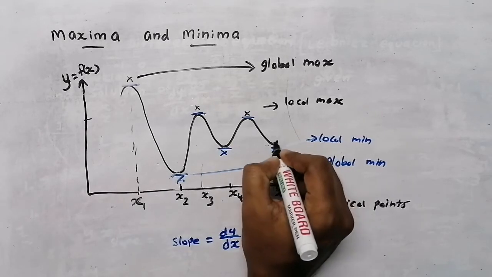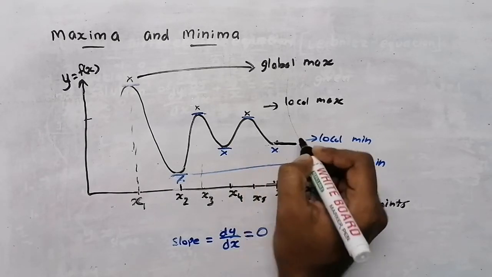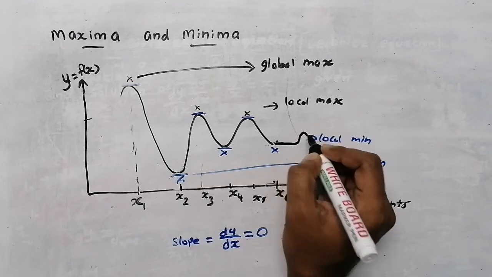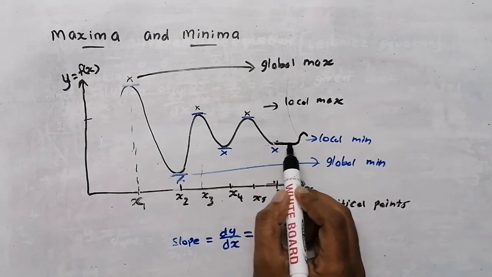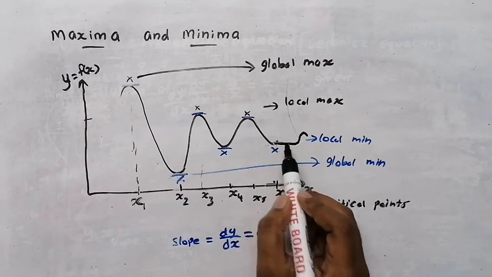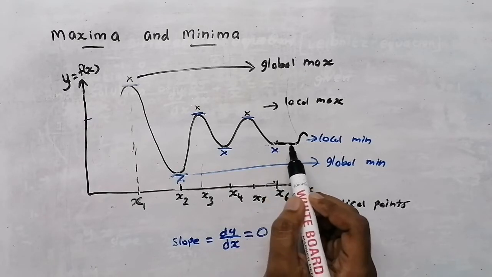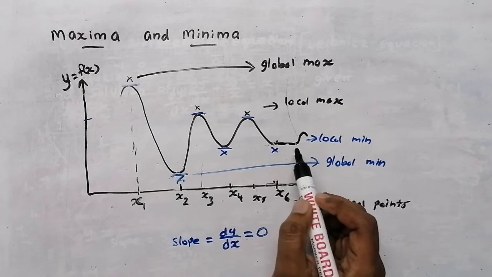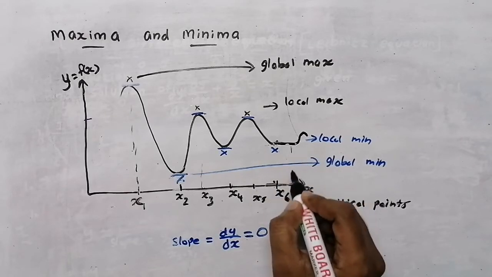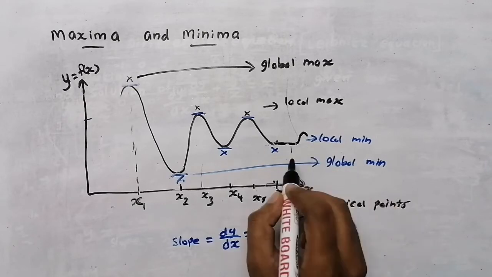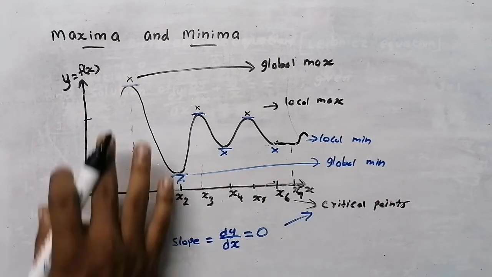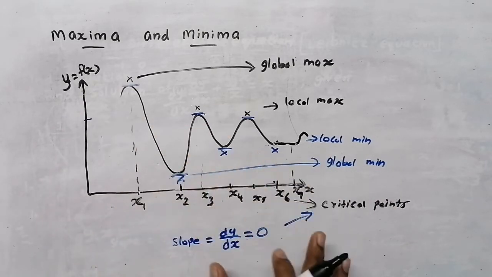Now suppose my graph from here is going in a straight line, after having a peak. See, at this straight line, my slope is also 0. Straight line means slope is 0. y2 minus y1 is 0. A straight line has slope 0. Slope 0 means that is also a critical point. I am writing it as x7. That is also a critical point. So all the points with slope 0 are known as critical points.